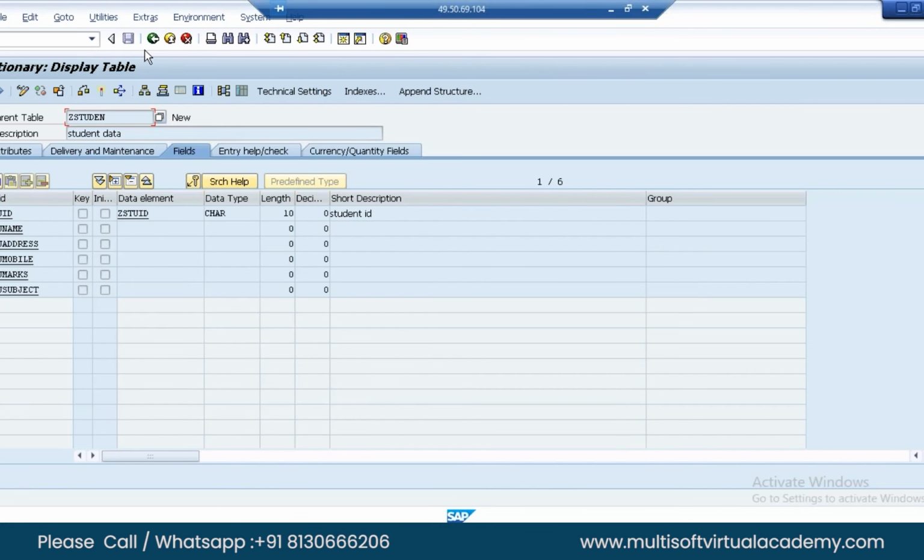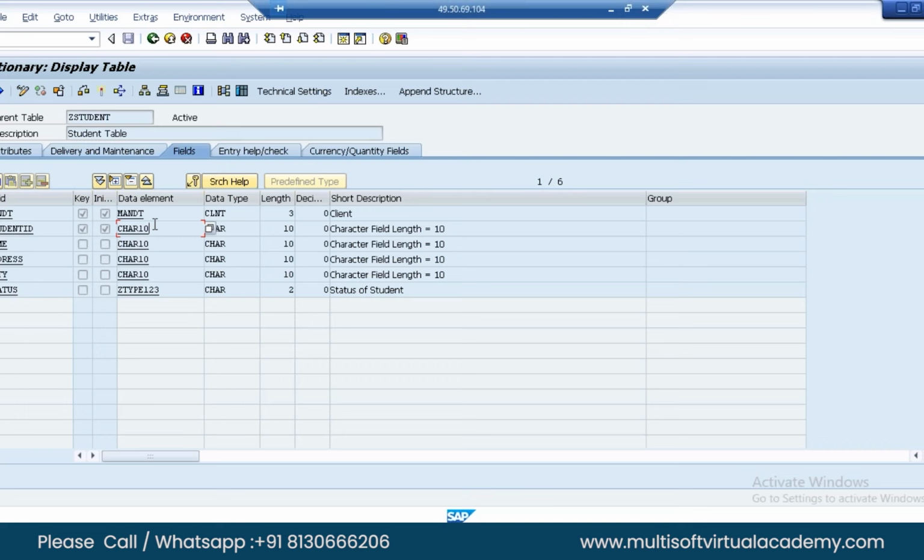I will start to create the domain. In the table column, I create a data element of ID. Then, to continue, the data element of student name. When I double click on name,